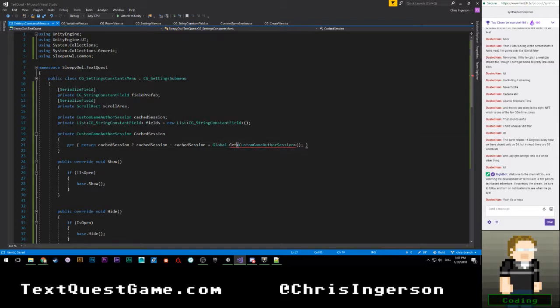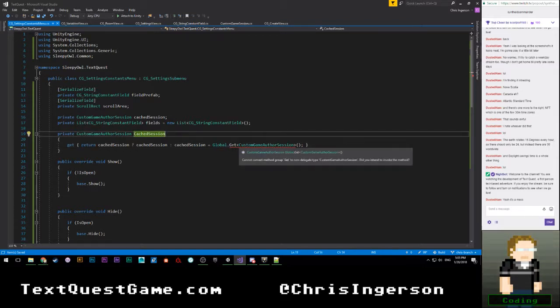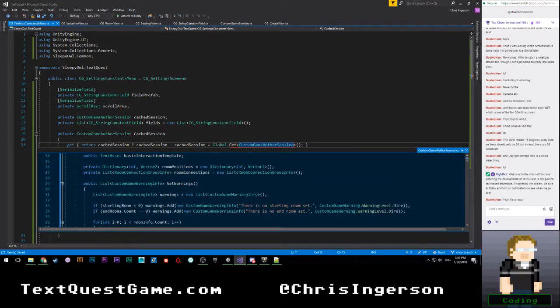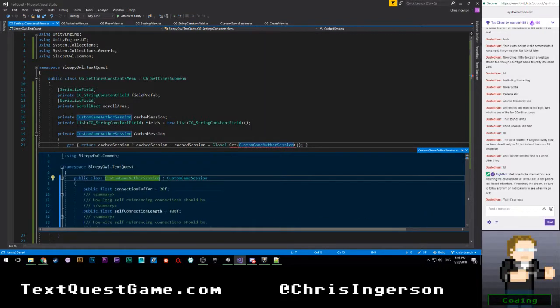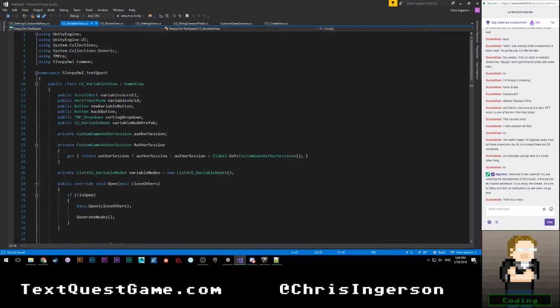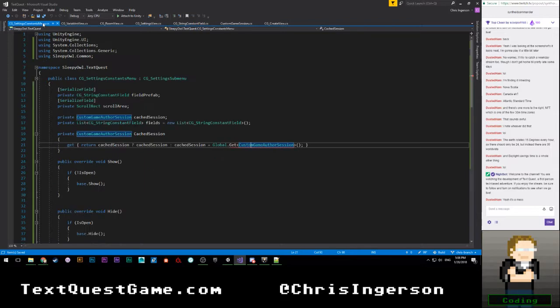Oh, did I just make this static? Wait, what? Can I convert method get to non-delegate type? What are you... Did I do that wrong? I mean, this might just have an... No. What the frig? Okay. Give me a second here. Let's look for variables view, because surely I'm doing that there. Yeah, did I do something stupid here? Why are you mad?